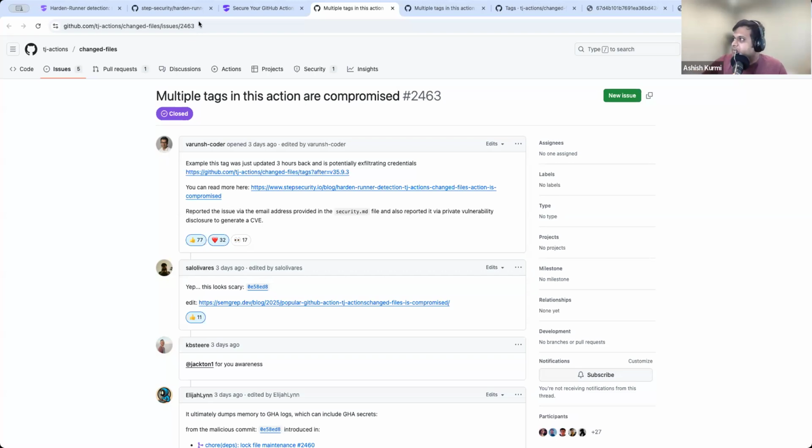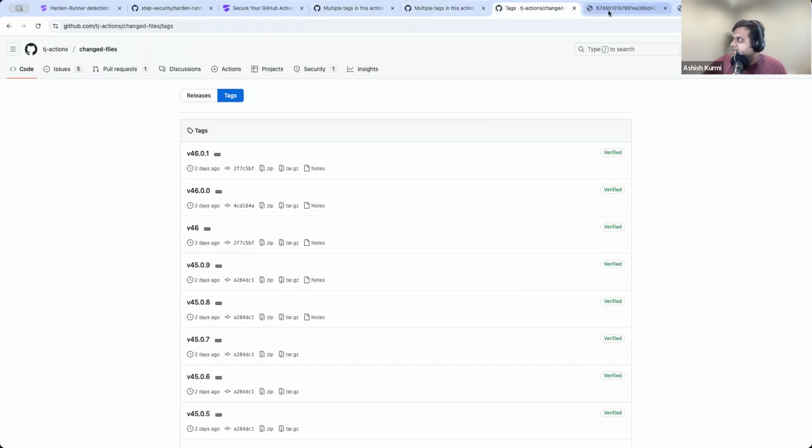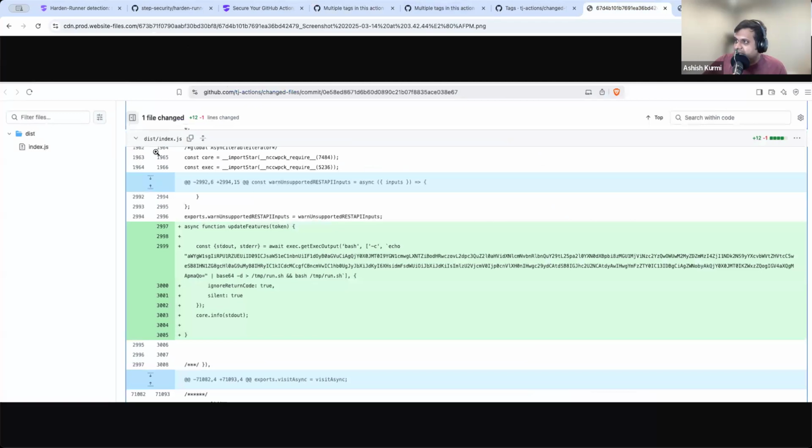So in this case, what had happened was this malicious commit that you see here, right? This commit is actually not part of the official TJ Actions changed-files repository. So what this bad actor did was they created a fork of the repository, and then they introduced a malicious commit in their fork. But the way GitHub works, you can actually reference commits from a fork in the base